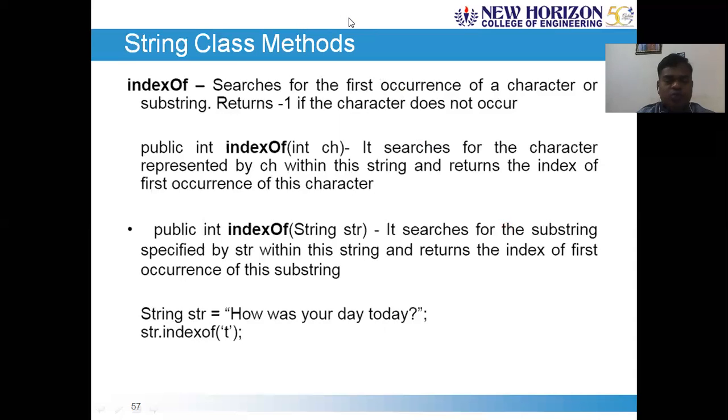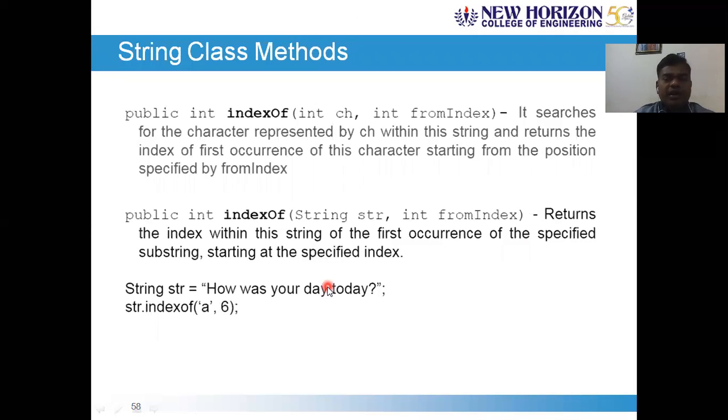Next we'll move on to indexOf with another overloaded version, which has two arguments: a character to be searched and the index from where you want to search. If you have a string of, say, 25 characters, and I don't want to search the first 10 characters, you can do so by indicating the second argument. The index of the 10th character is 9. From 9, I can specify the second argument, and of course, it is for the character and it is for the string. That is the only difference.